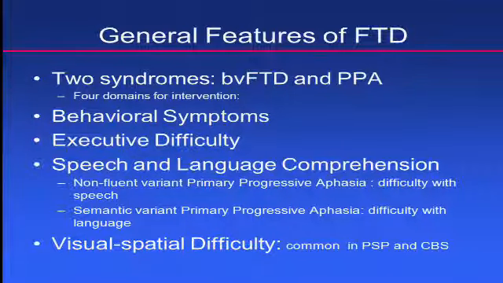So this would be behavioral variant of FTD, and in this condition, patients primarily develop behavioral issues. So you would see them develop apathy, they can lose empathy, they can become socially inappropriate, as has been mentioned prior. And patients can also develop something called primary progressive aphasia, which are difficulties with speech and language comprehension. And for FTD in general, we'll be talking about management of the symptoms in 4 domains of intervention.